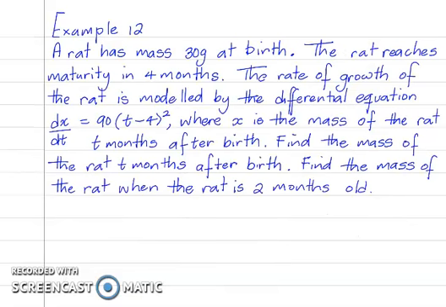All right, example 12. Example 12 says a rat has a mass of 30 grams at birth. The rate, sorry,